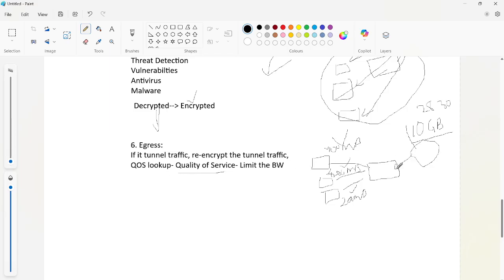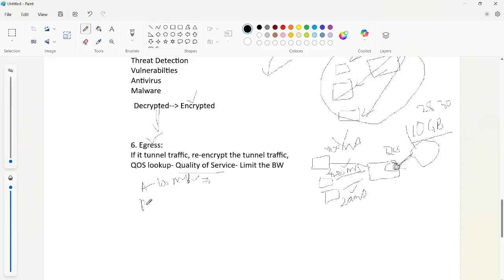On the egress interface, that is the reason I am explaining it in the egress stage. You are going to apply this on the egress interface, because our ISP is connected to our egress interface. That's where our traffic enters, right? Once the traffic is received on the egress interface, it is going to verify whether any QoS policy is applied, and what type of bandwidth we are providing for the user. In the QoS policy, for user A only 100 MB of data is required, so until 100 MB it is going to provide. After reaching its maximum quota, it is not going to provide anything.